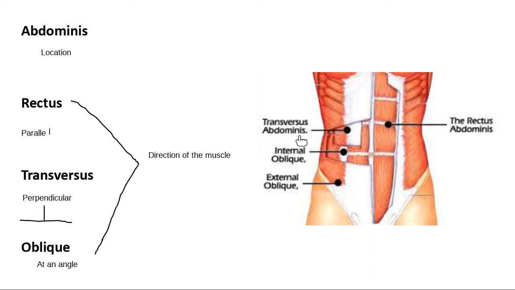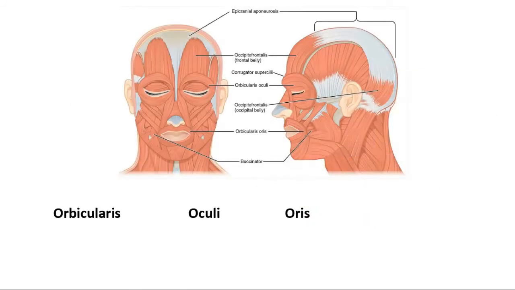Okay, so we've said we can name things based on their location. We've said that we can name them based on their size. We've said we can name them based on the direction that they're traveling. Let's talk about another way that we can name them. And that way is based on their shape. So we have some muscles in the face called the Orbicularis Oculi and the Orbicularis oris